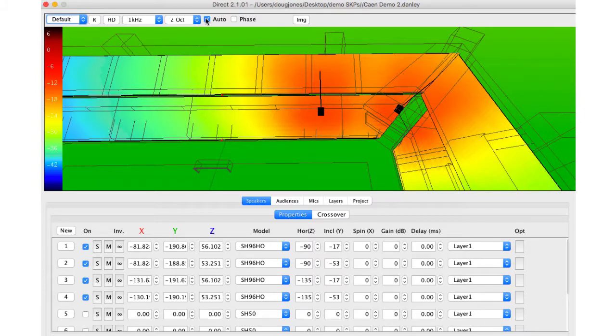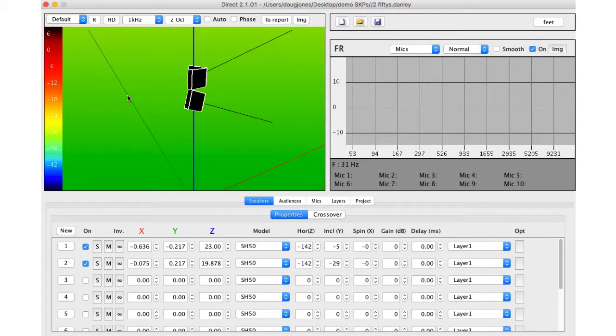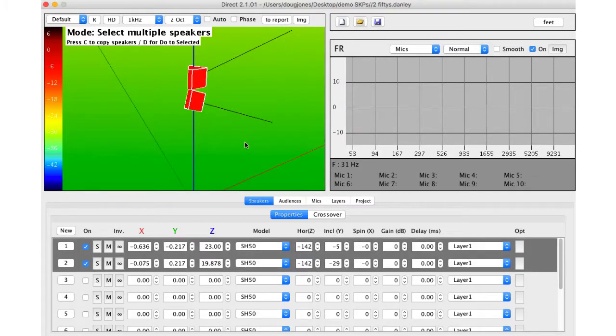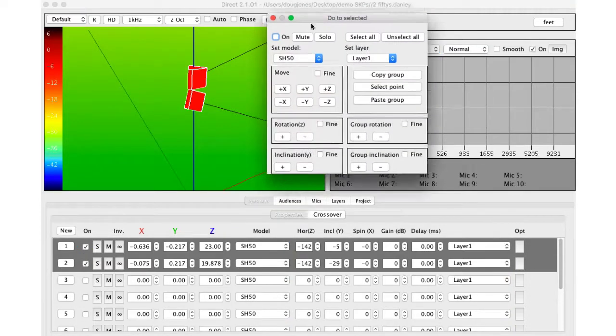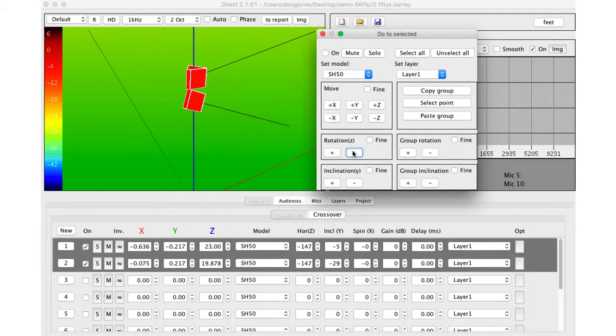Let's explore more closely how the Do to Selected tool works. Here's a group of two SH50s. When I use the rotation tool, each speaker rotates around its own axis. When I use the group rotation tool, the whole group is rotated around an imaginary axis of the group. Same thing for inclination. The inclination tool inclines each member of the group separately, whereas the group inclination tool inclines